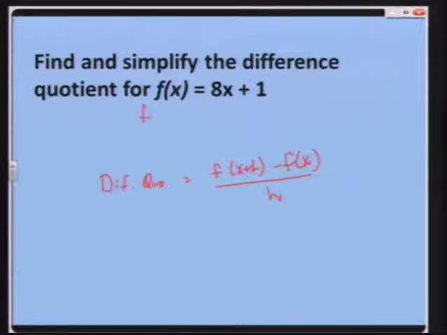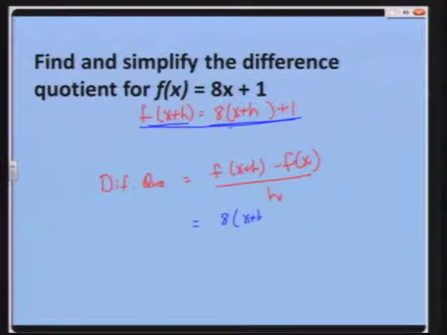So let's find our f of x plus h. That is 8 times, replace our x with x plus h, plus 1. So now we're ready to plug in the f of x plus h. So we have 8 times x plus h plus 1 minus our f of x, which they gave me as 8x plus 1,